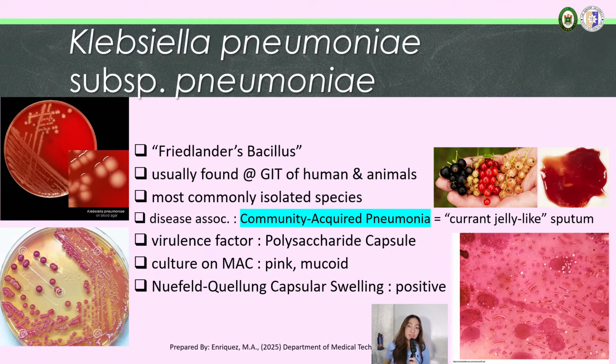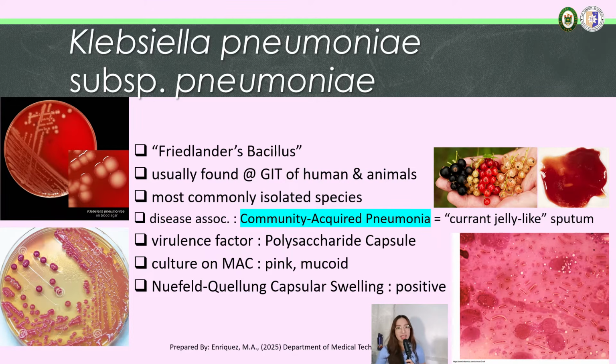Next organism na po tayo, Klebsiella pneumoniae, subspecies pneumoniae. Grabe no, nasa slide 16 na tayo. Pero mula dun sa slide 1 hanggang slide 16, halos puro Escherichia coli lang yung napag-usapan natin. So marami po talagang iba't ibang organisms tayong mapag-uusapan dito sa Enterobacterales. But anyway, let's now proceed to the next one, which is Klebsiella pneumoniae,